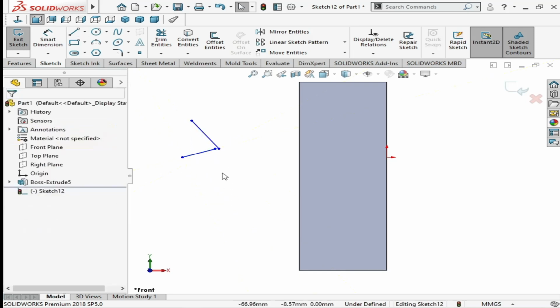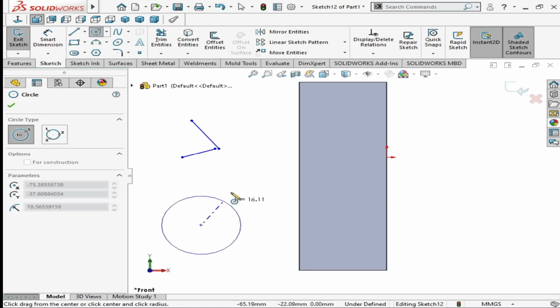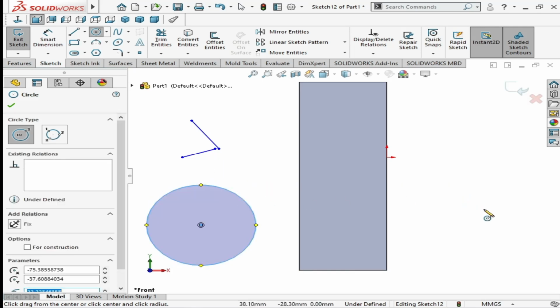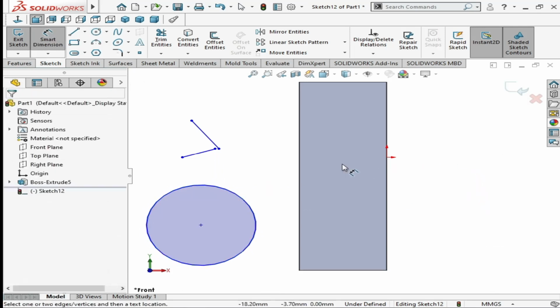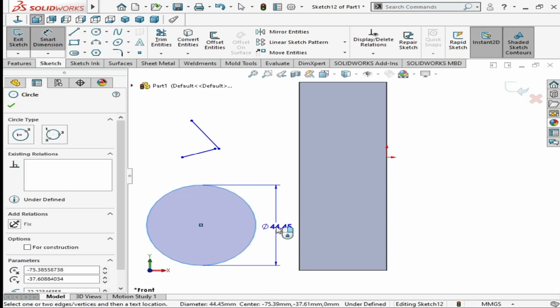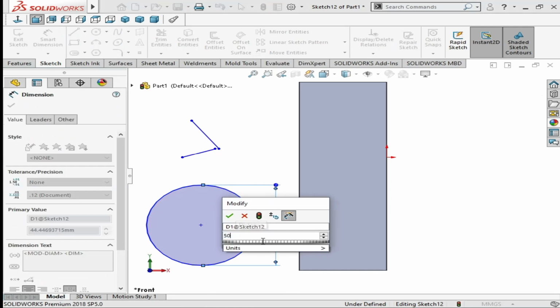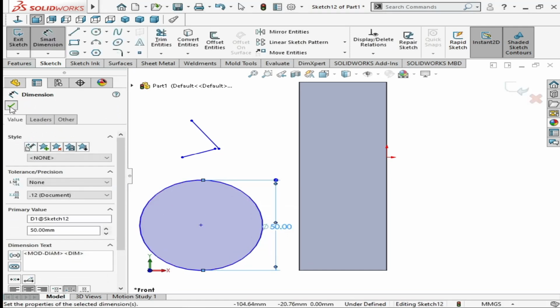If you right click on the mouse button and bring it up, left, right or top or the bottom, you can see if you bring it to the right, it will automatically select circle. And if you click the right button of the mouse and bring it upward, you can see it is smart dimension. You can change the dimension or the measurement from it.